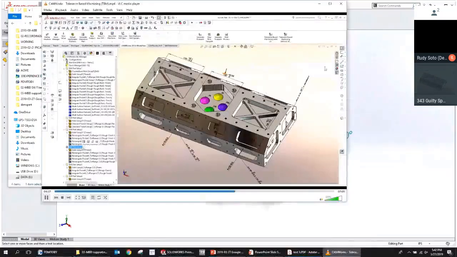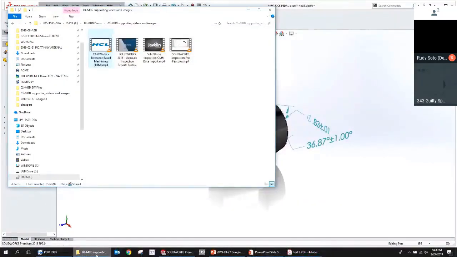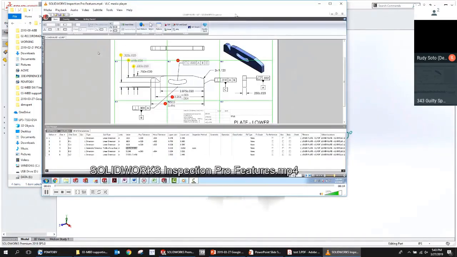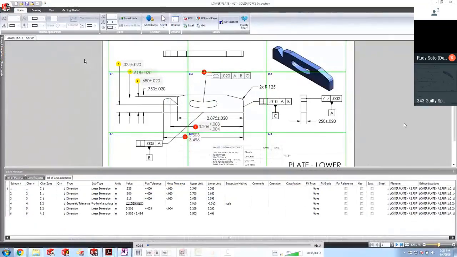Okay, and the other element to this that we've talked about now a few times is just this idea of inspection. Generating inspection reports using CMM data, for example. So this is the SolidWorks inspection environment here. You can see that what's happened here ahead of time is that the SolidWorks drawing has been open.